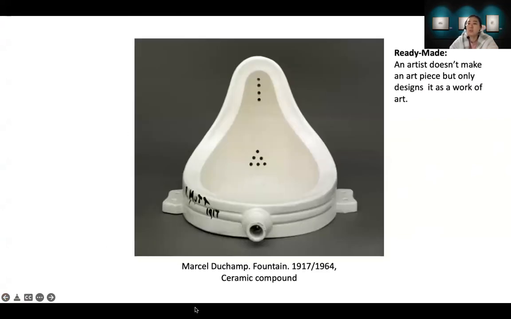This work of art was an example from the modern and postmodern time period. This is Marcel Duchamp's Fountain. He just took this urinal as a work of art. That type of art is called ready-made.